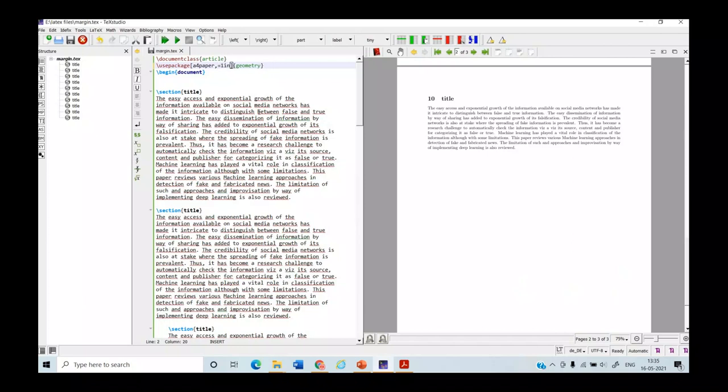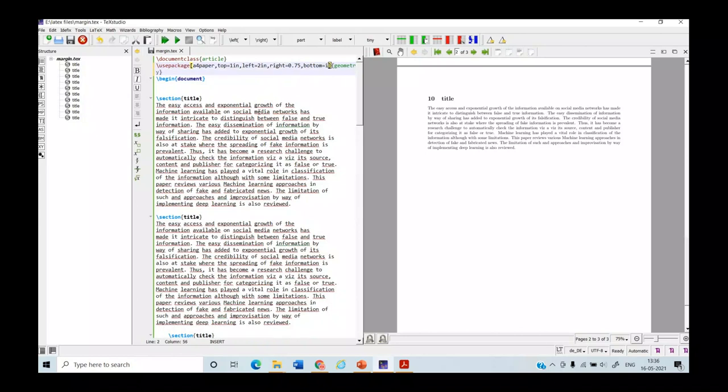You have to mention all options like top equals 1 IN, comma, then left equals 2 IN, then comma, then right equals, suppose we want 0.75 from right, and rest is the bottom, so set it to 1 IN. Fine. Now run it.